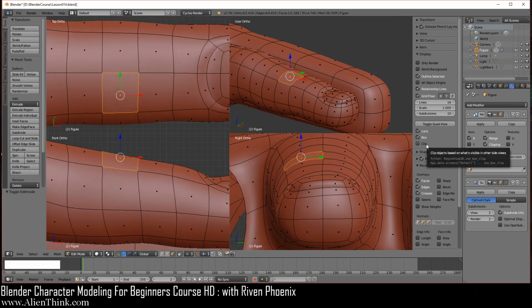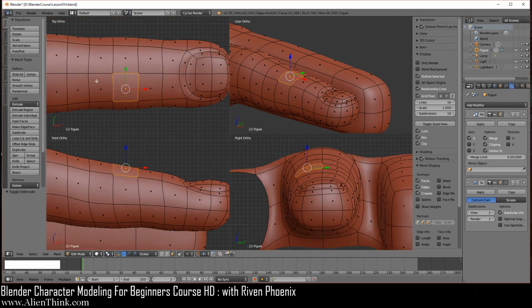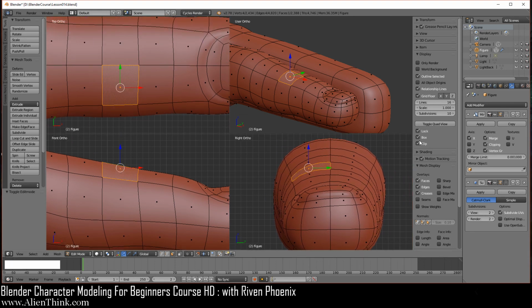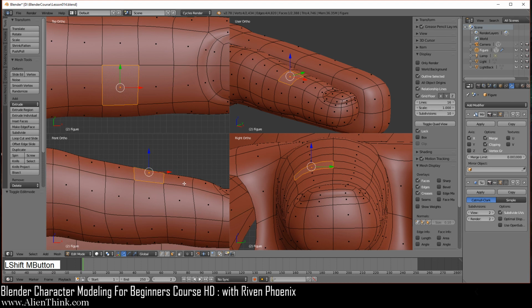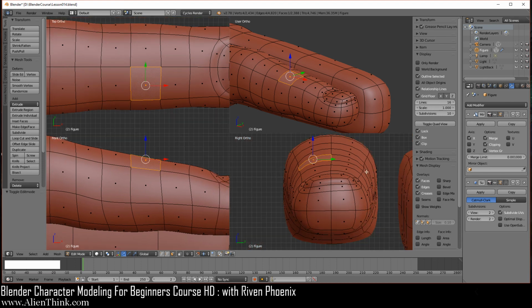So obviously clip means if you hover your mouse, this is just going to clip the objects based on what's visible. So if I click this, you can see that anything over here on the left side, see this part of the finger, if this moves, it'll disappear on this side too. Okay, and of course you have to have this on though for this to work, right? It's not going to work without these over here. So you can see that this clipping turns off automatically when you don't have this on.